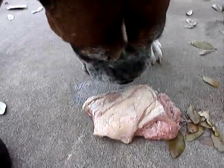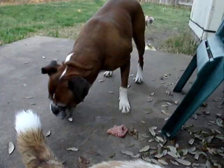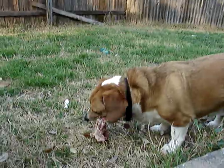And we've got enough for Jake. Jake's actually going to get a bigger piece of lamb because he likes to chew his food. And finally we've got Murray, who doesn't even let me get it to the ground. And he takes his off. And as you can see, they have great chewing